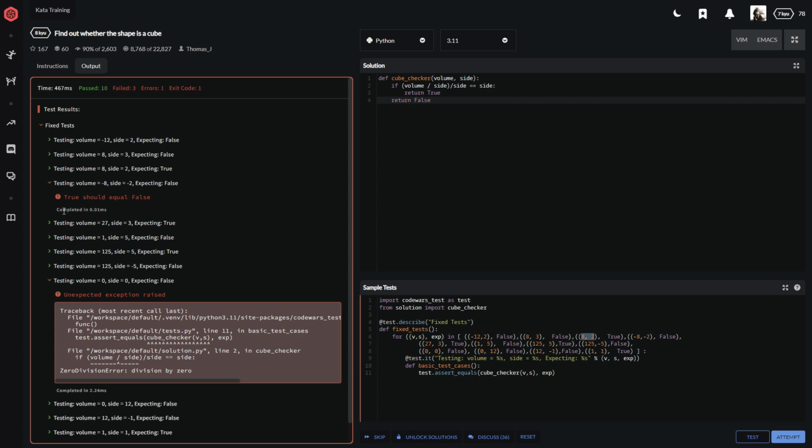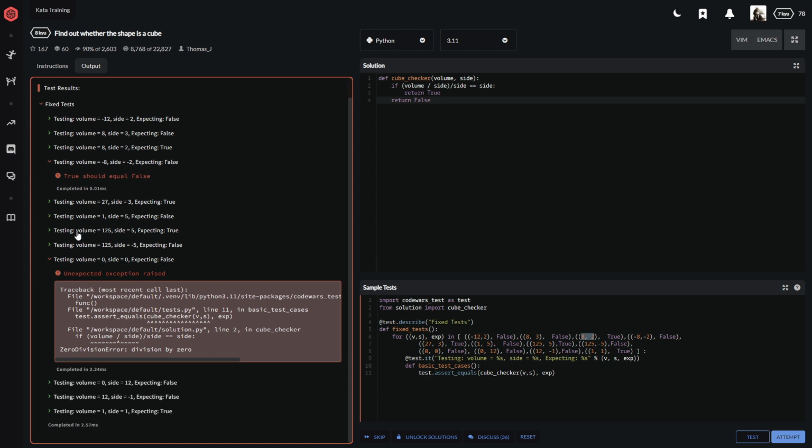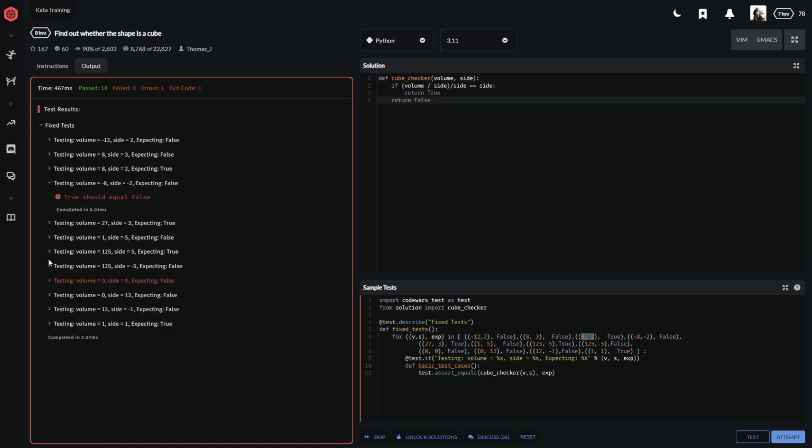Ah. Can we ignore? Okay, well, it can't be a cube if it's got 0 volume, can it, for a start? Oh, that's an interesting one. That really messes up my test, doesn't it? Because, oh no, that one's all right. 0 and the 0 side length. Okay, so